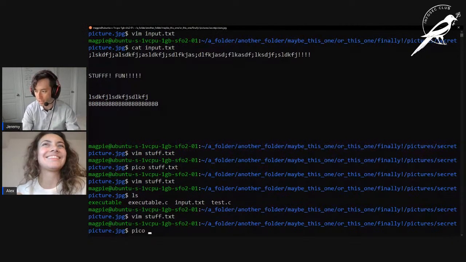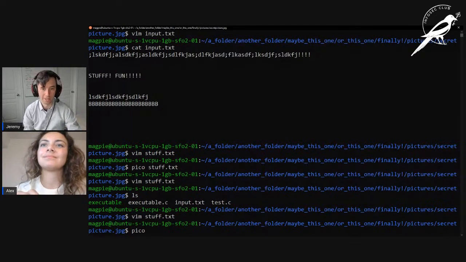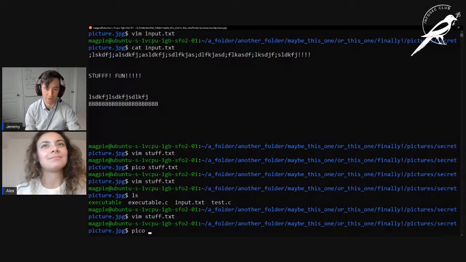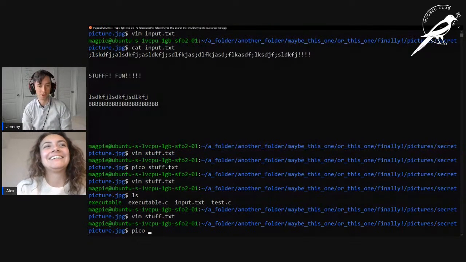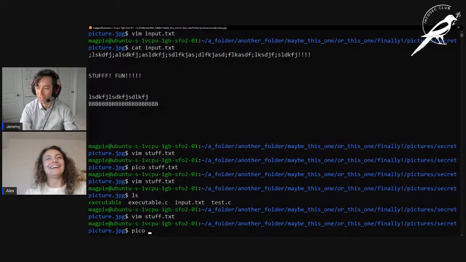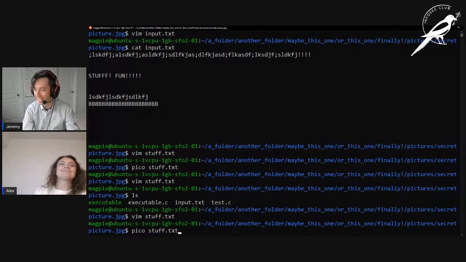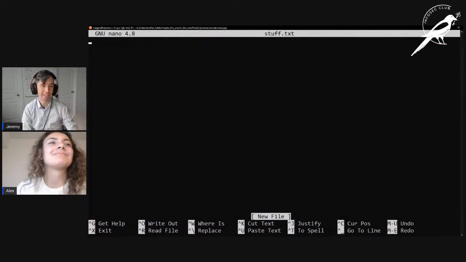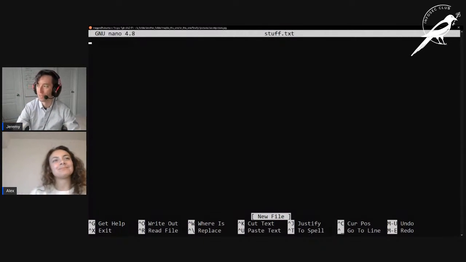So yeah, there's Pico, there's other text editors, Pico, Sublime, Emacs. Some people are really into their text editors and they'll fight you about it. If you go to the Discord, you might have seen people arguing about it. Use whichever one you enjoy. If you want to pick a camp to argue with people, do that. That's fun. That's great. This is Pico.